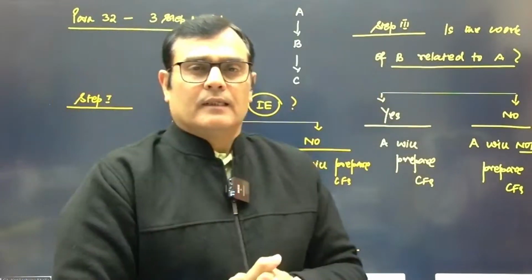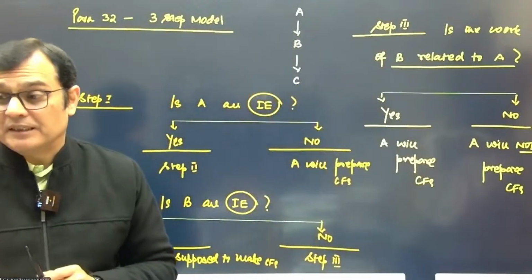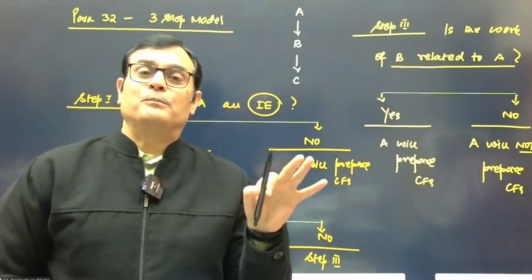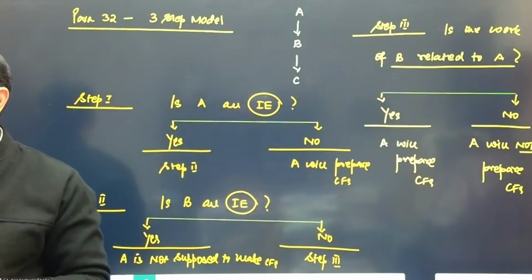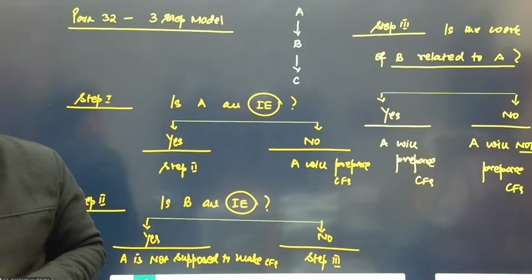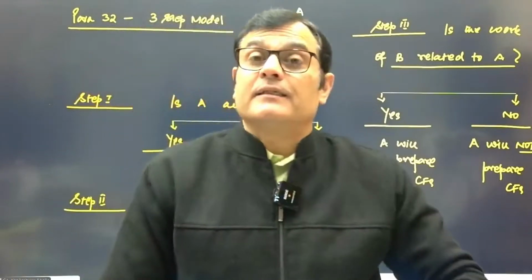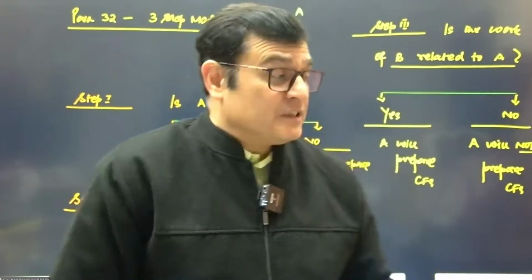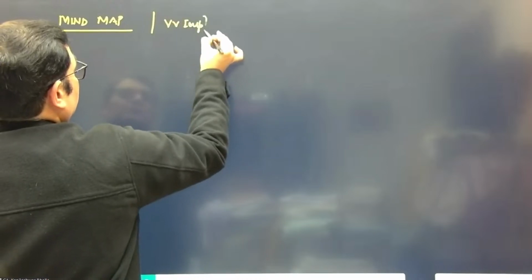Now, I think at this stage it is necessary to do some icing on the cake. But I hope, friends, you've got the concepts very clear in terms of para 4, para 4B, and para 32. Just to give you a little icing on the cake so that everything goes absolutely correct. And then we'll do some case studies, of course, after the break on that. So let's quickly create a little mind map at this stage. The very important mind map which I'm giving you is a summary, in terms of the understanding we've developed on para 4, para 4B, and para